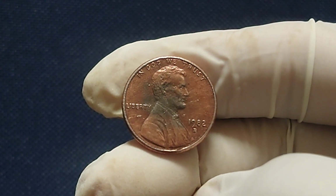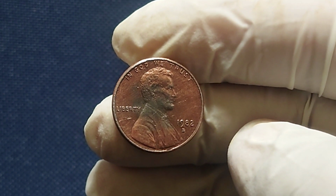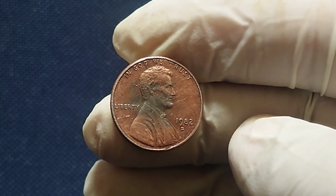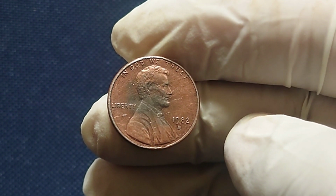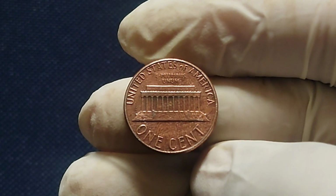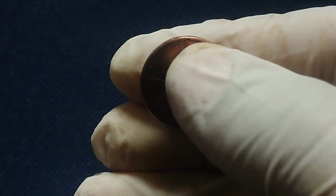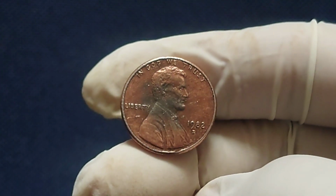Prior to 1982, pennies were made of 95% copper, but rising metal prices made production increasingly expensive. To cut costs, the U.S. Mint transitioned to a new composition, zinc with a thin copper plating. This meant that in 1982, two different types of pennies were produced: the traditional copper pennies and the new copper-plated